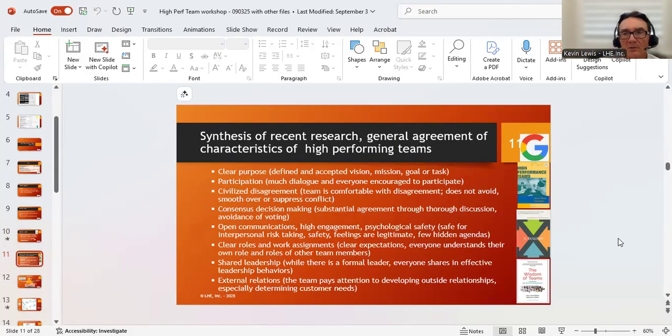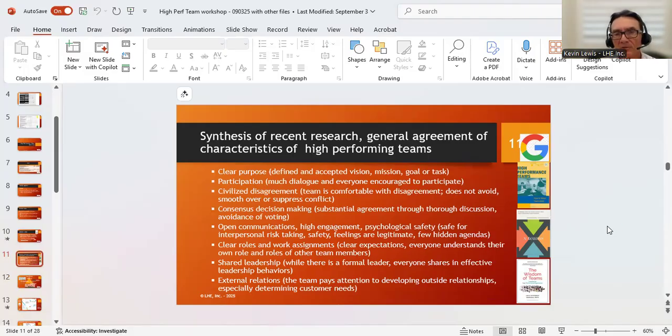And then this is a really good summary of some pretty recent research on teams. Google had some really good stuff a few years ago, and these are just summaries of what teams can be good at. And it's very similar to my team triangle. So obviously it's based on research. So go walk through these.